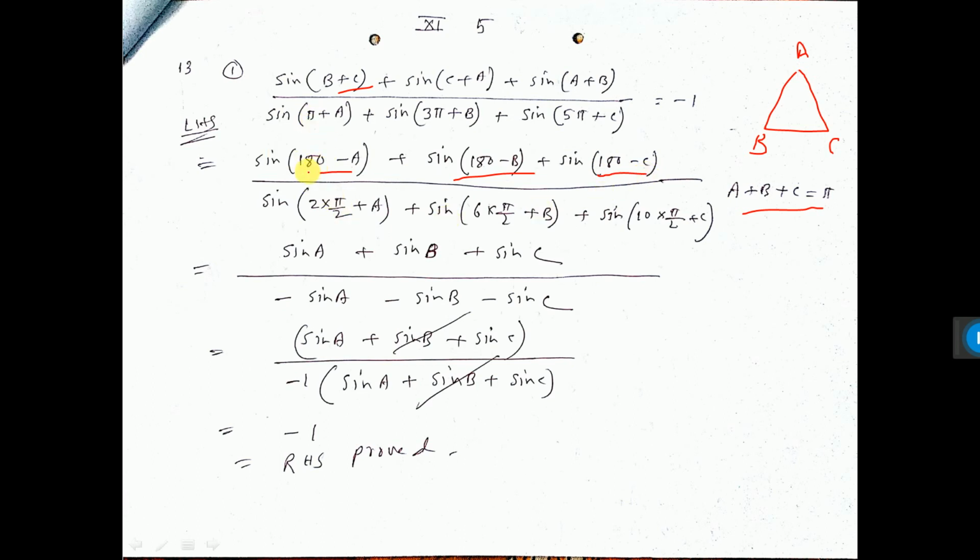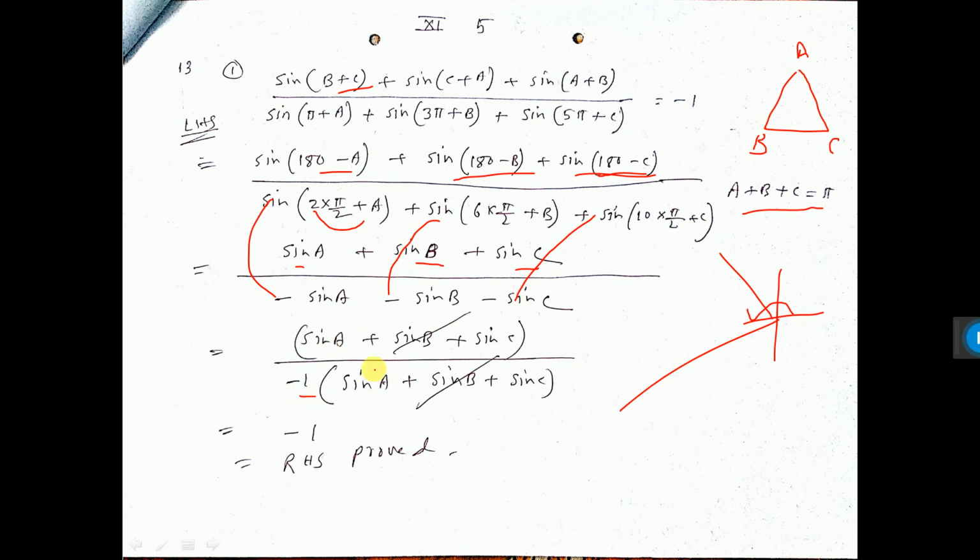So here you see sin 2 into 90 minus A, that is an even multiple, so it will be sin A. Sin 2 into 90 minus B, that is sin B. Sin 2 into 90 minus C, that is sin C. It is in the second quadrant, 2 into 90 minus theta, so in the second quadrant all signs will be plus. But see here 2 into 90 plus A, that means third quadrant, it will be minus. That is why the minus sign comes here. Here also the minus sign comes. Here also the minus sign comes.